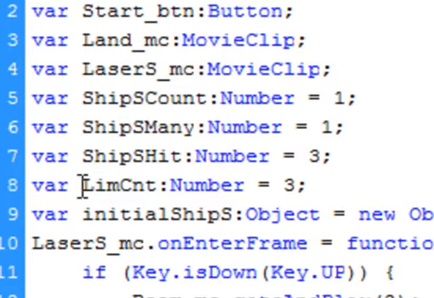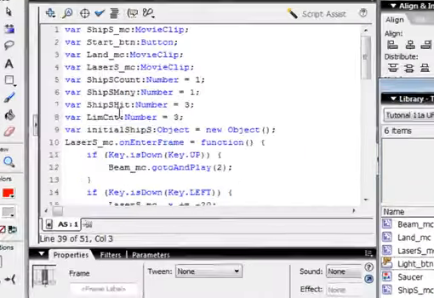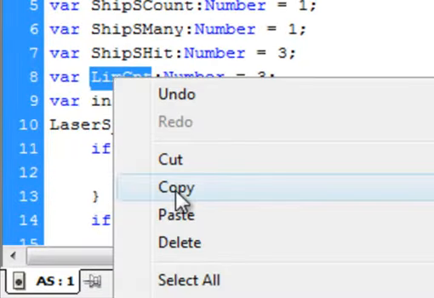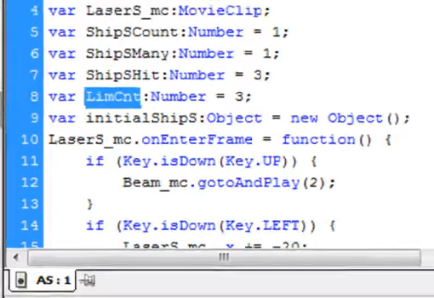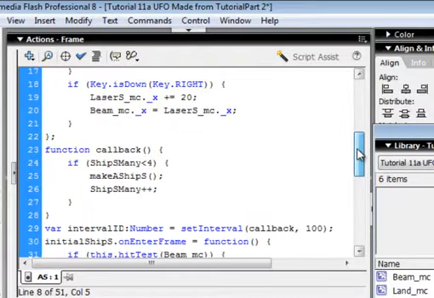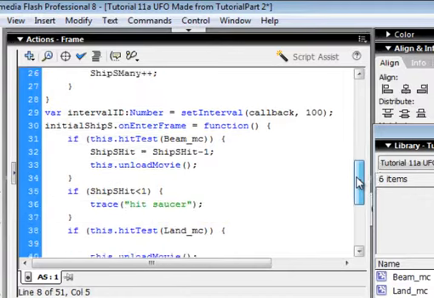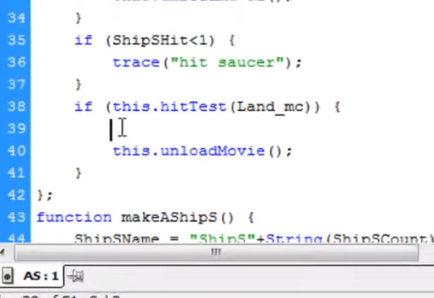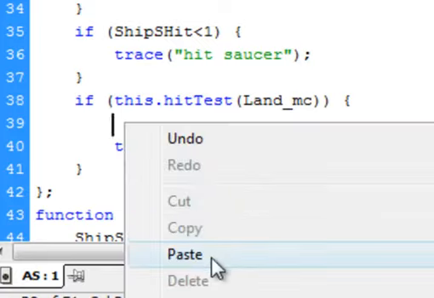var capital LIM capital CNT limit count colon, it's a number and it's equal to 3. That's the number of ships we're going to be counting. We're going to copy this variable name, and down here where we hit the land, this is where it hits the land, we're going to